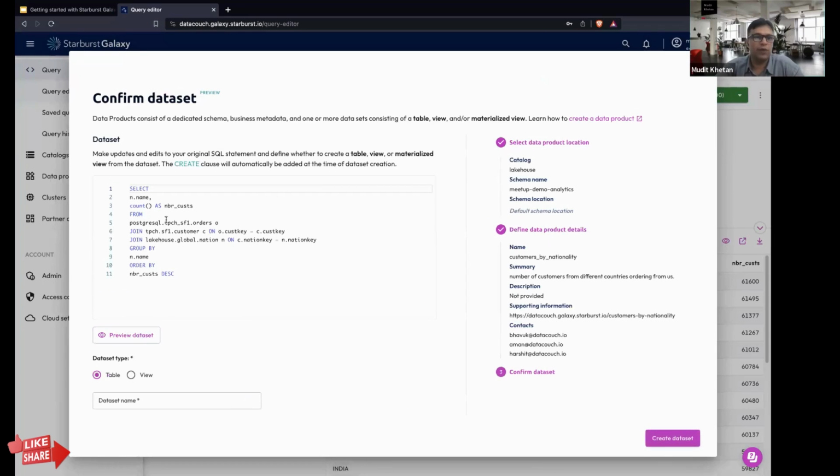And this is the preview data set. Whether I want to save it as a table. If I choose a table, then it is going to consume storage resources, and storage is going to cost you. That depends completely upon the plan that you go for. Or I can choose it as a view. The benefit of a table is, as you understand, that the query execution time would be far, far less, but it is not going to get updated automatically. So you need to update the data from time to time.